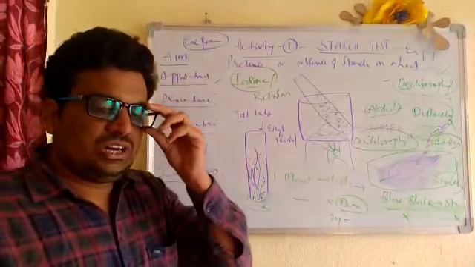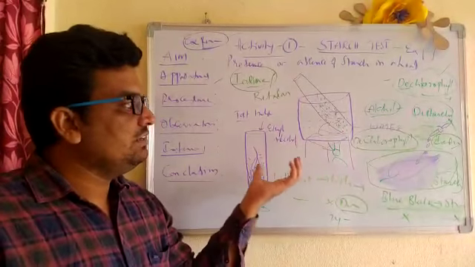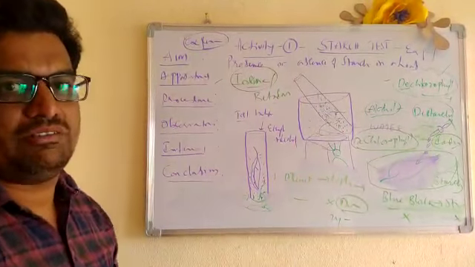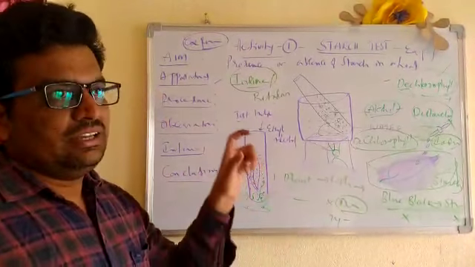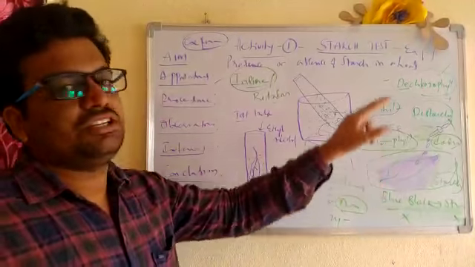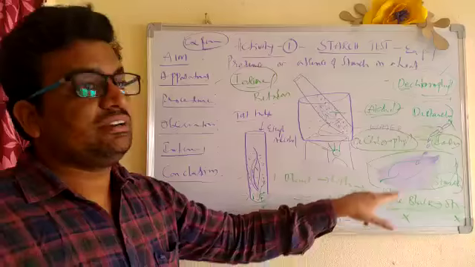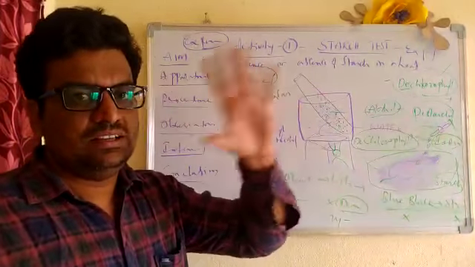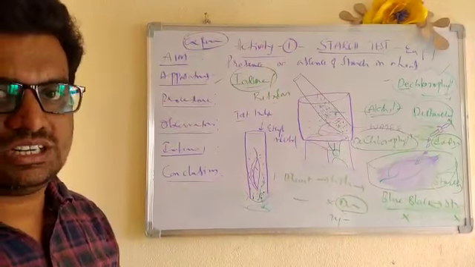What is the inference? You have to write the inference, that all this experiment I did; you are just reporting what you did. Next, the conclusion. What is the conclusion, children? You can conclude that if starch is present, the leaf changes into blue black. If starch is not present, meaning absent, it will remain the same. So by this we can understand this experiment, the starch test. Okay children, thank you.